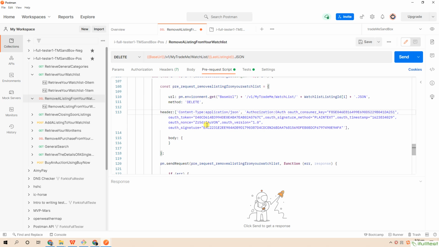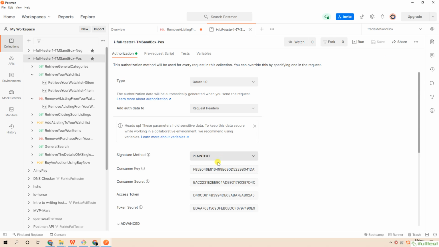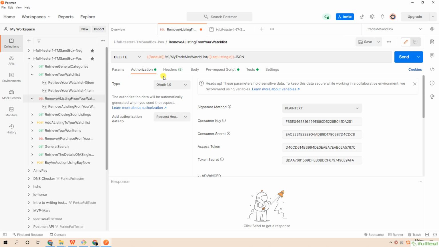Then we also need to fill in authentication for running our main API. One thing to notice is that we can set the authentication at the collection level so that we don't need to fill in authentication multiple times for each transaction separately. So we already have this information. So we have automatically filled in this related information.